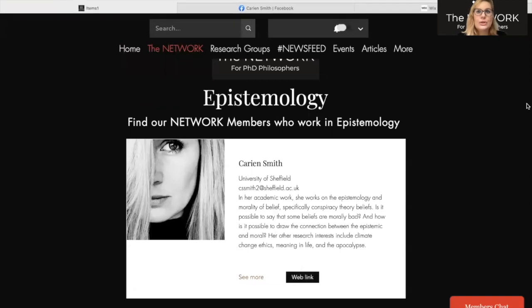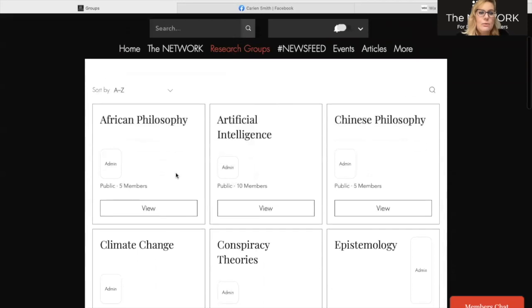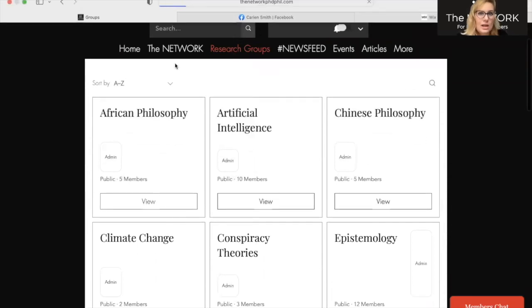Okay, the research groups. The function of the research groups is literally just for you to be able to find people who work in similar research. So you are welcome to create a group on a topic that you are working on. You are welcome to join any of these groups to engage with other philosophers. The goal is really just to be able to find people who work in similar topics. So if we go into African philosophy,